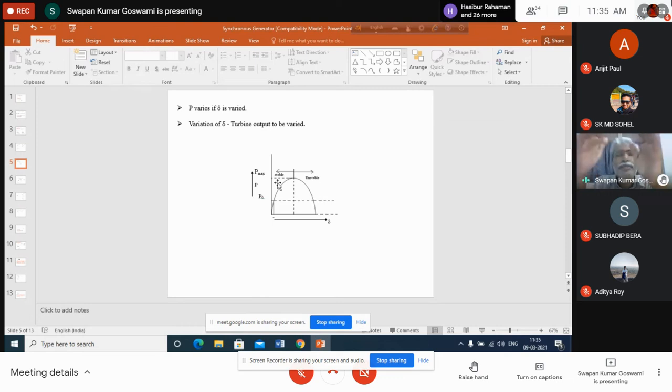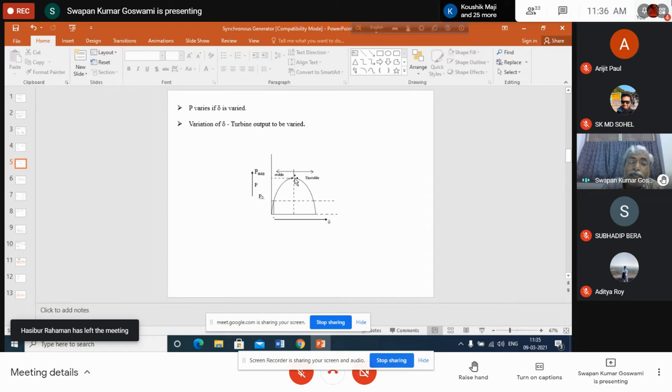Now let us assume that we are discussing a theoretical case, because we are assuming that by very small steps somehow we have moved the input power line to this point, at the peak of the power angle curve. It was just below this, now it has been moved here. So if the change in the input power was so small that the oscillation created is negligibly small,